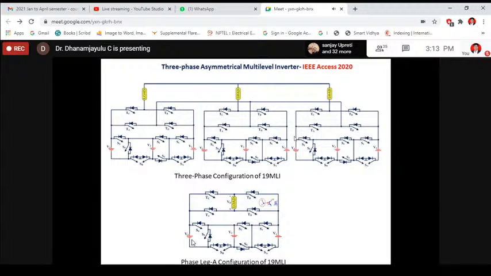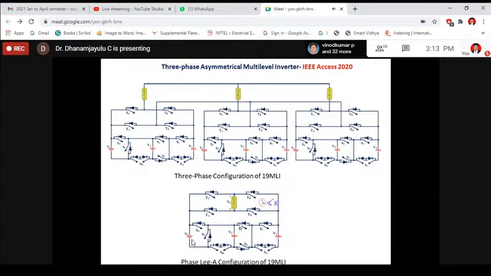So recently it was accepted in IEEE Access. As of now I had implemented only a single-phase version, and now I have implemented a three-phase one with a different topology. And this is a proposed 19-level inverter. The 19-level inverter consists of